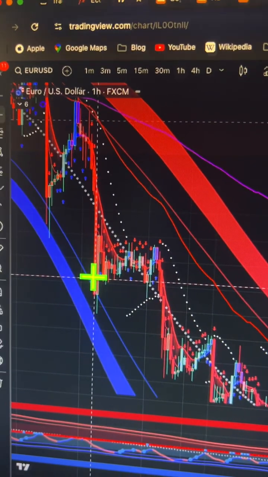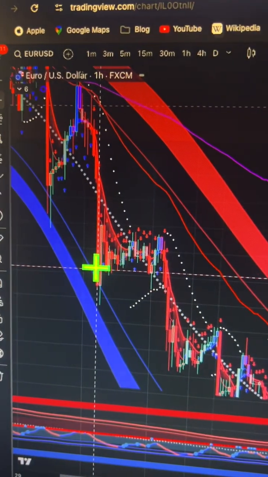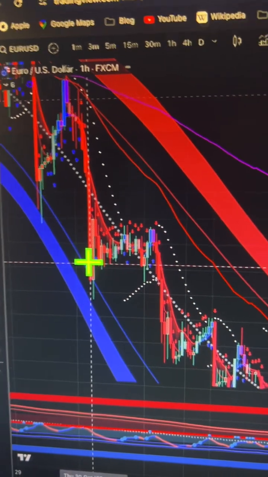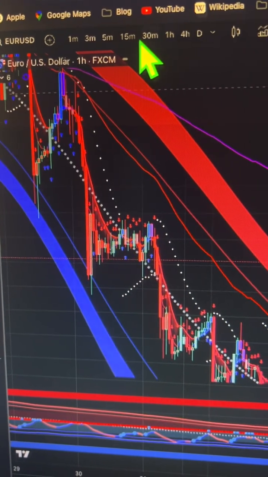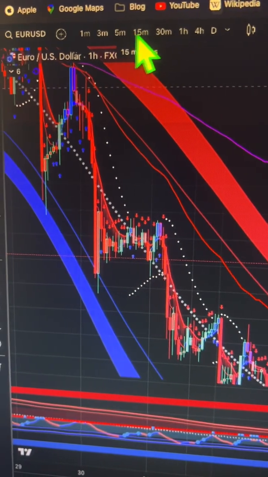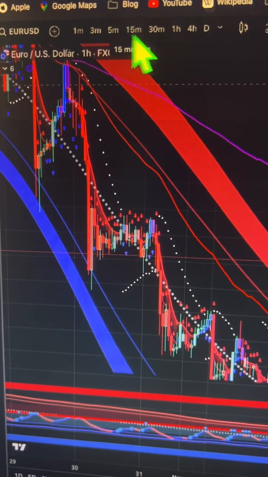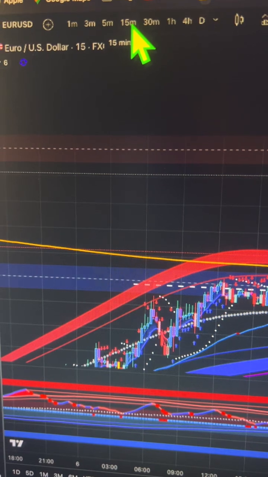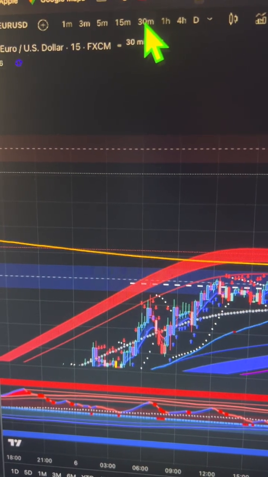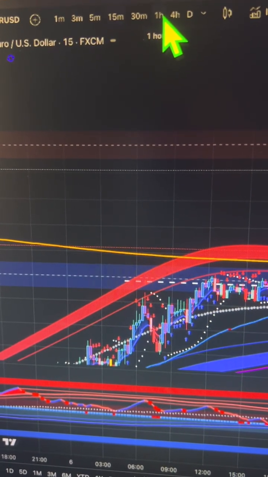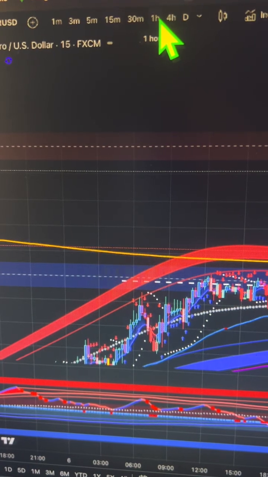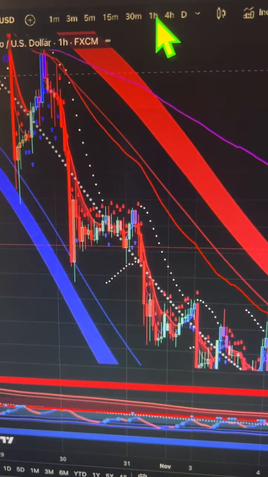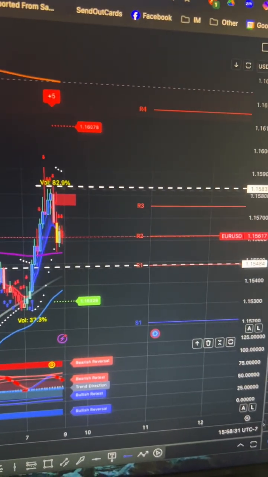When you're trading, you only go 2 time frames above the time frame you're trading on. So let's say you're trading on Euro USD, on the 15 minute. That means you only need to look at the 30 minute and the 1 hour. Okay? So when we go up to the 1 hour, we can see right